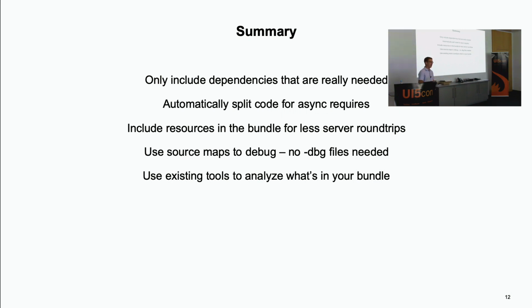Another thing that the UI5 tooling cannot do is split the code whenever you need it and only load the necessary code that's needed later in the application or whenever a user navigates to a later point. The async requires. It will also take care of all the resources, like translation files, to include them in your bundle. And you can specify which languages you want to include,